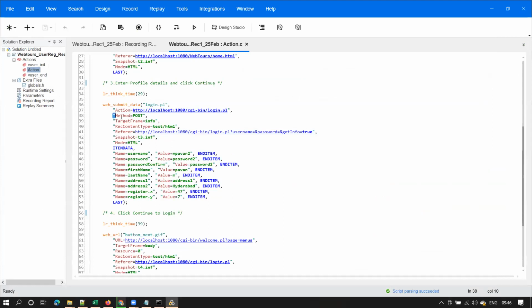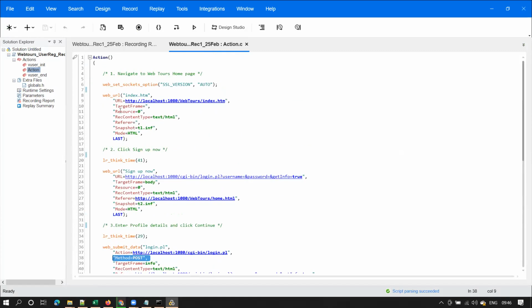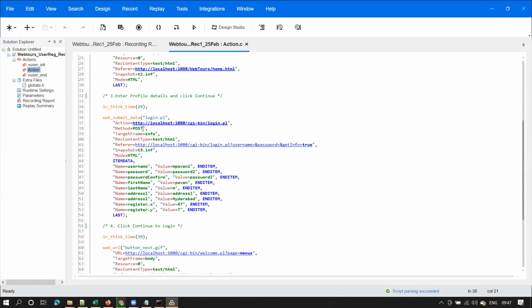You see here that user registration form, when we submit the user registration details, that is a post method, and all other methods are get methods. If you don't see that method parameter here, this line is not there in other requests, that means those are get methods. If it is a post method, it will be shown here like this. Clear, guys?